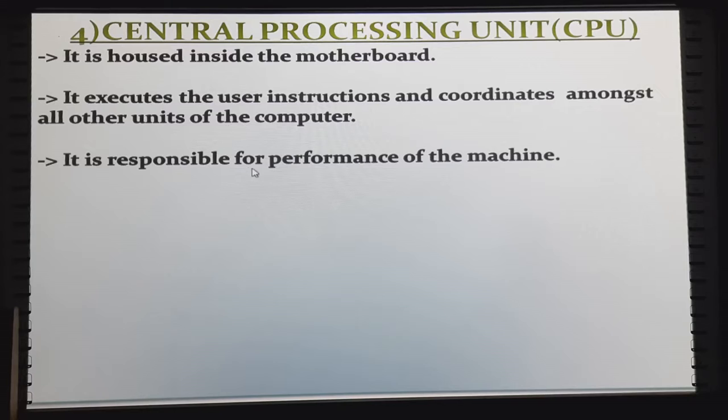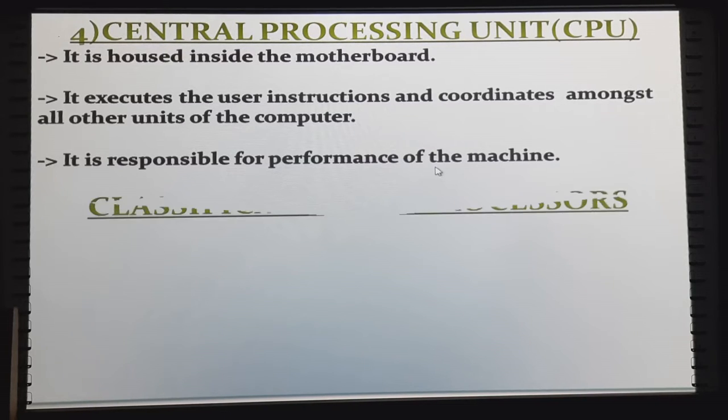What is performance here? Let me go through the definition of the term performance. Performance means within what time duration a particular task should be accomplished. That comes under performance, means how speedy it can do our task. Apart from this, how efficient it is in order to produce the output of a particular set of inputs. Those things are also considered as the performance of a machine.